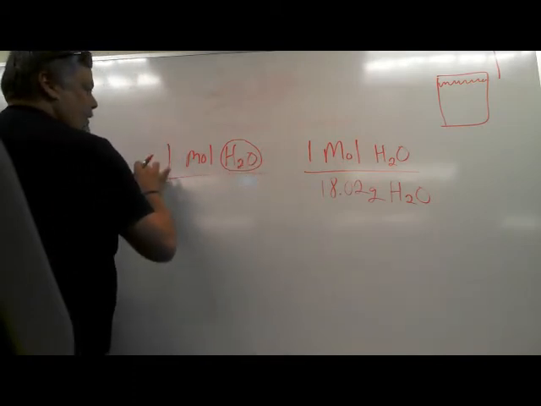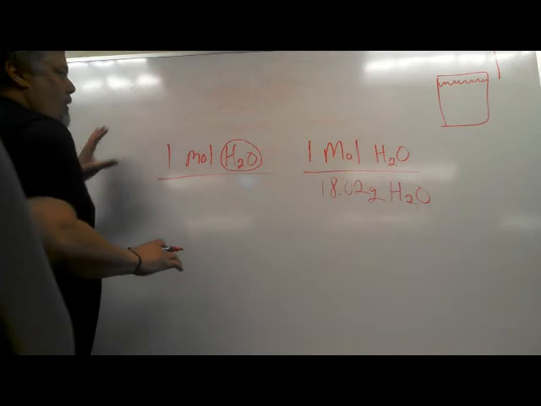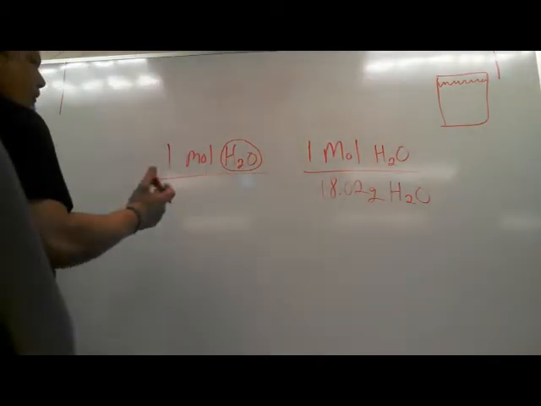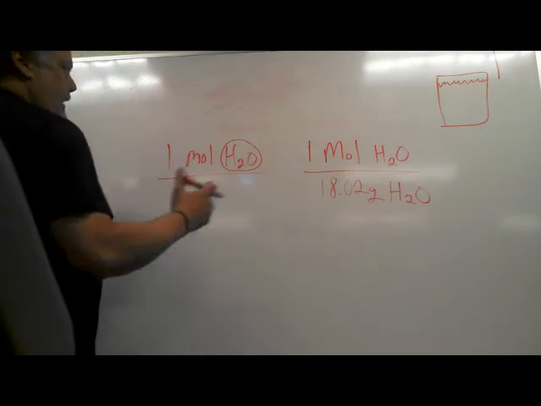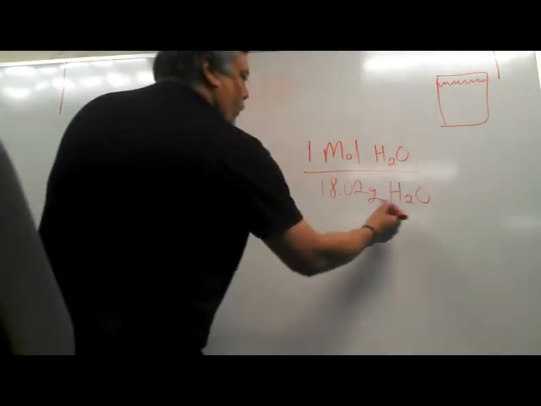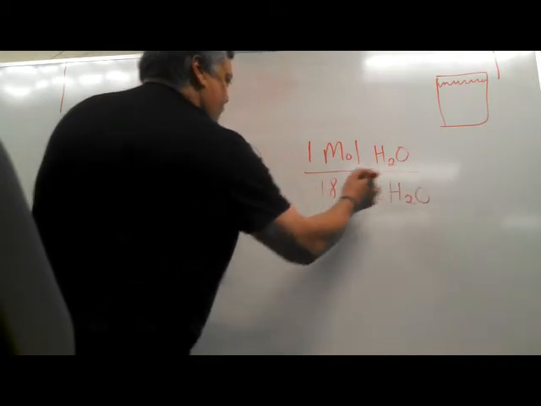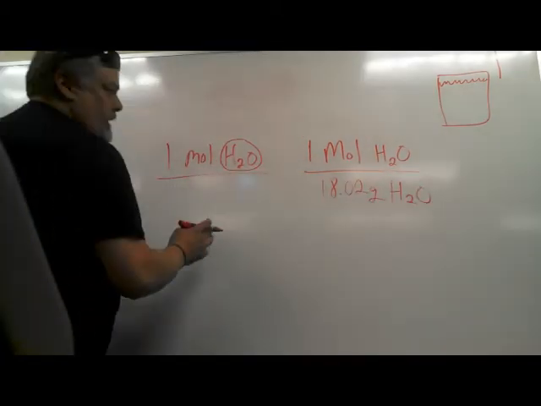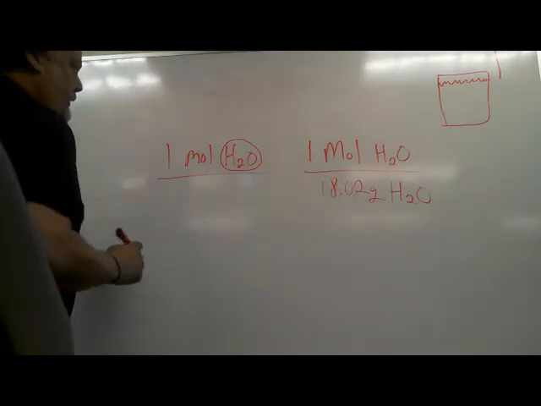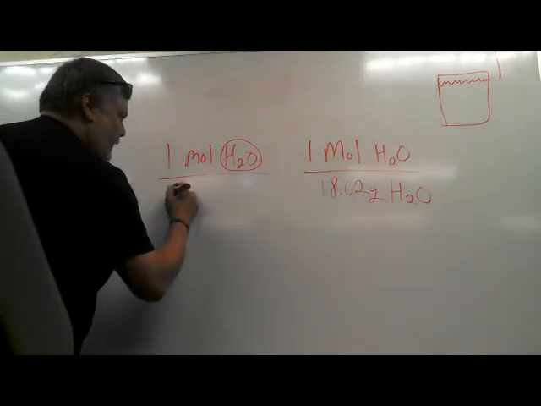And then we consider 1 mole of water, like a jug of water or a cup of water. So we're talking about the collective number of water molecules to form enough water to weigh out 18.02 grams. That's your mole of water. Okay, so 1 mole of H2O is equal to